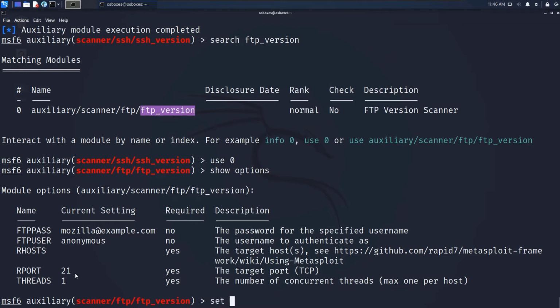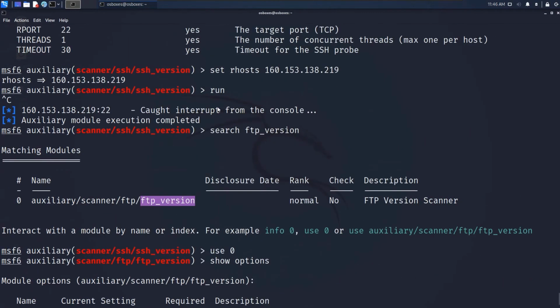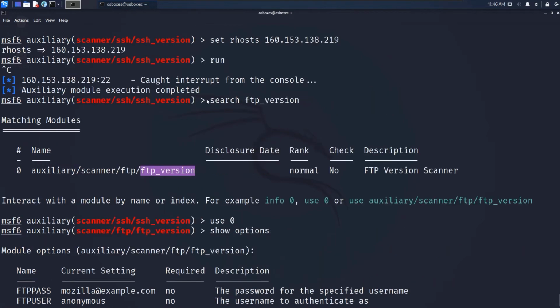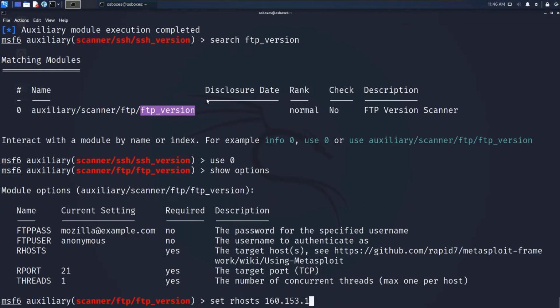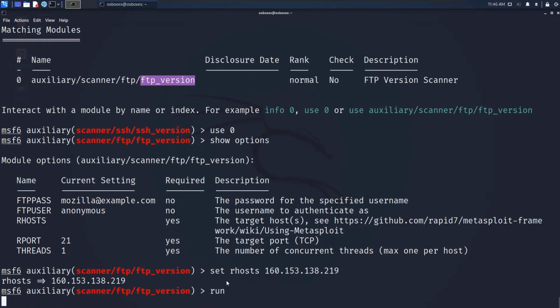So over here, I'll just enter the host and just paste it over here. So let me enter our host. Our host, and it is 160.153.138.219. So let us give enter and just give run. So it has started to scan for the FTP versions. So this is how to scan for the FTP versions. And then let us see how to